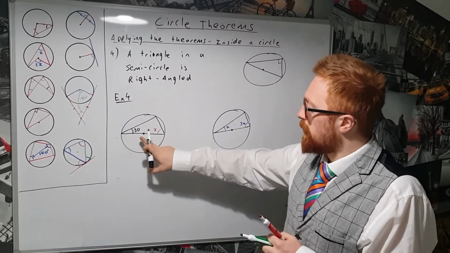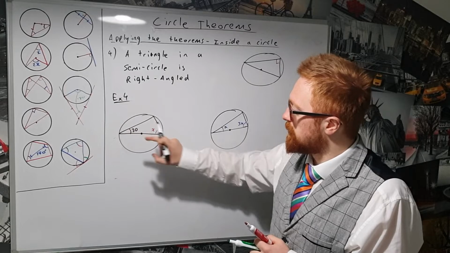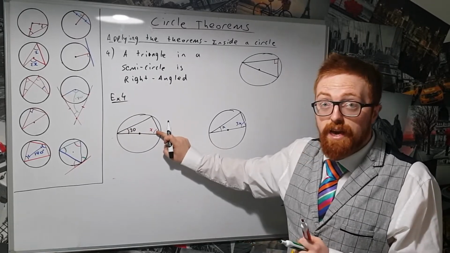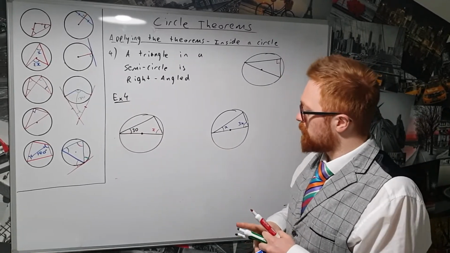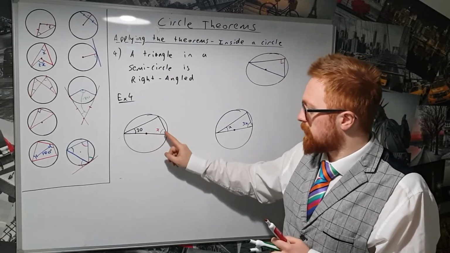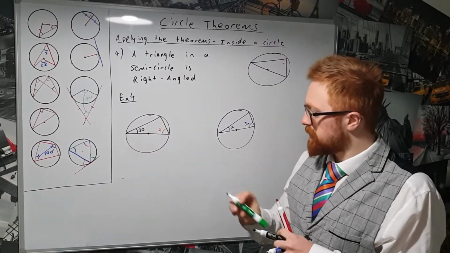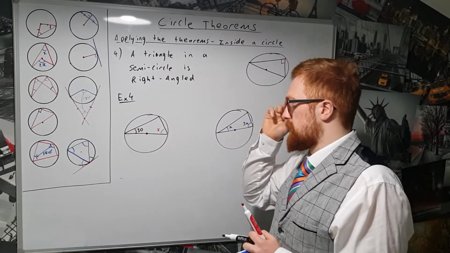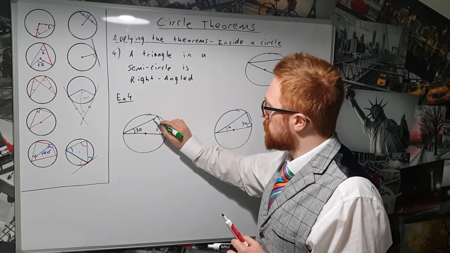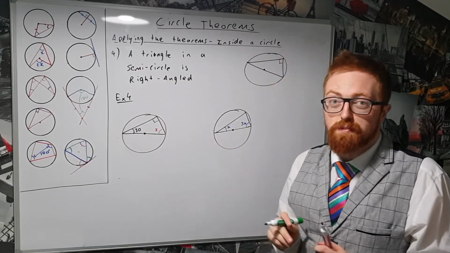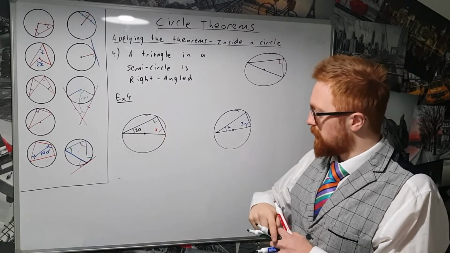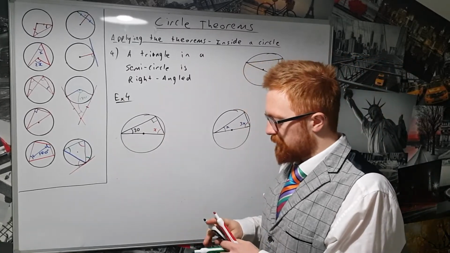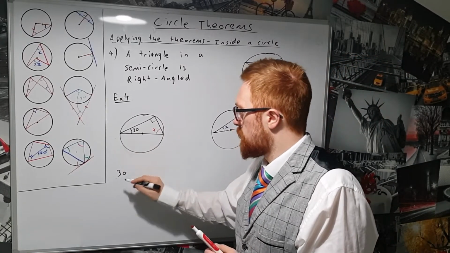So in this one, we know one of the angles in this triangle, and we're asked to find this second angle. You might think, well, we can't find this angle if we don't know two of the angles in a triangle, but we do know two of the angles in a triangle. This is in a semicircle, so I know that this angle must be right-angled,